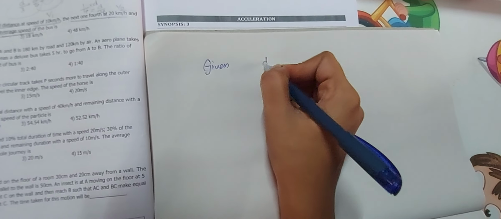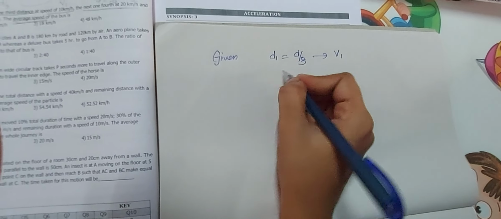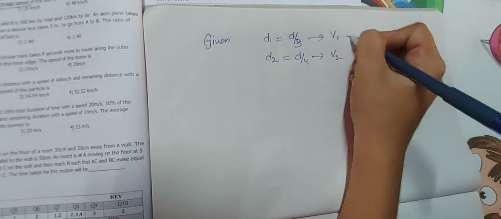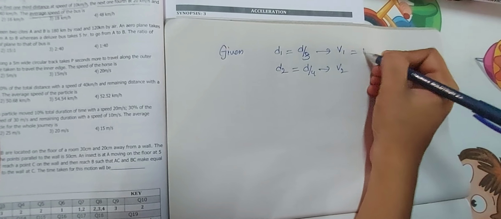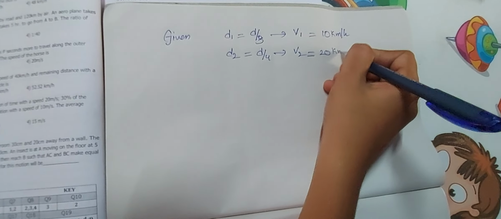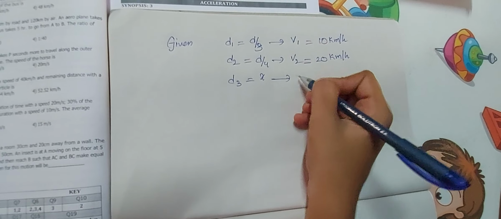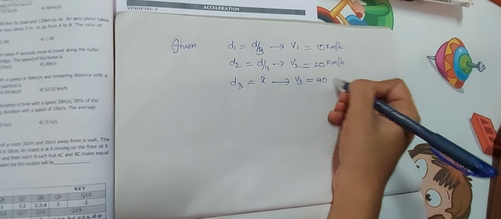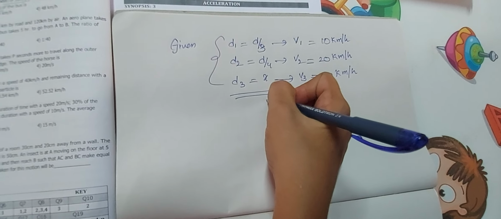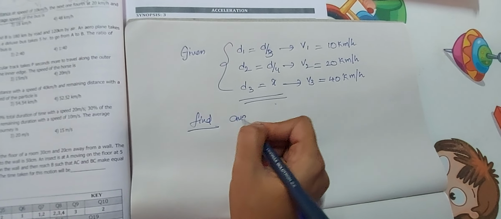Given what they had given is D1 as D by 3 at a velocity of V1 and D2 is about D by 4 at a velocity V2. V1 how much? It is about 10 kilometers per hour and V2 is about 20 kilometers per hour. And then D3 they are not given, let it be X, and V3 is about 40 kilometer per hour. So before we go for any problem, we need to find at least distance so that we can go for the formula. What we are finding is average speed, equals